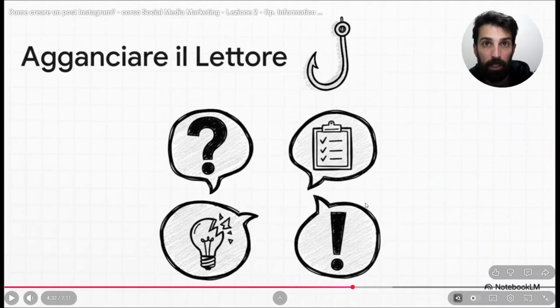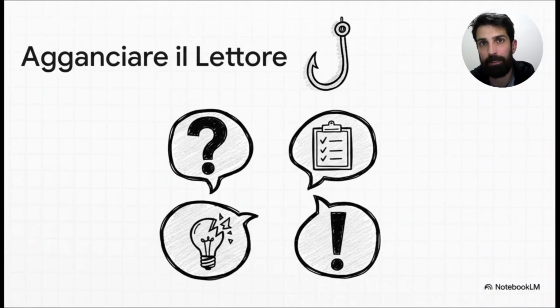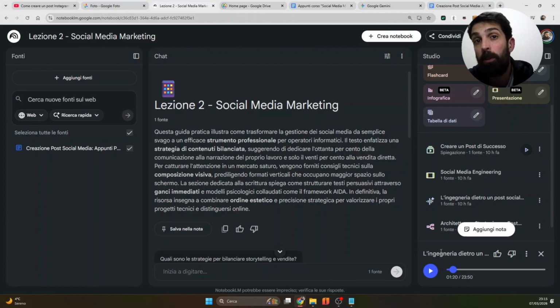So after the introductory slide where he showed the 3 main themes, the 3 components of a post's copy, now he's going to break them down one by one, creating a dedicated graphic for each of them. The second output I want to show you is the podcast one. Starting from the source I provided, Notebook created a fake podcast between 2 people having a conversation, and now I'll